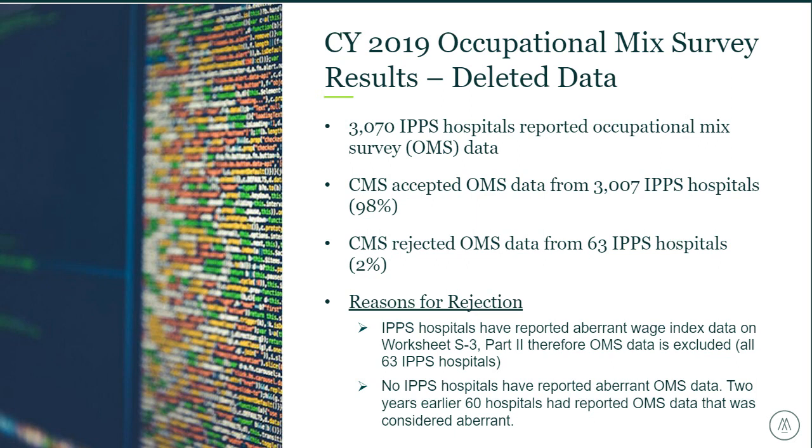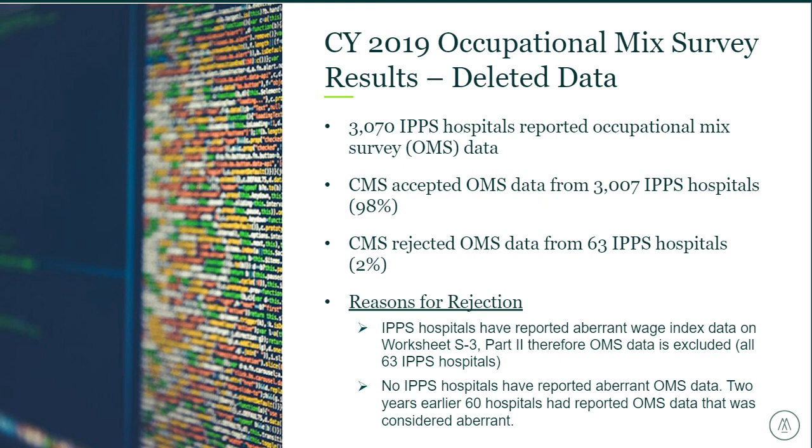Just for simplicity, the OMS data is linked together with the wage index information that is reported annually. One additional point of clarification is the OMS data can be changed each year. A lot of folks don't know that. So understandably, the OMS data changes the most during year one. Typically, right after you report it, it can be corrected. And then when you get to years 2 and 3, the OMS data tends to change very little.